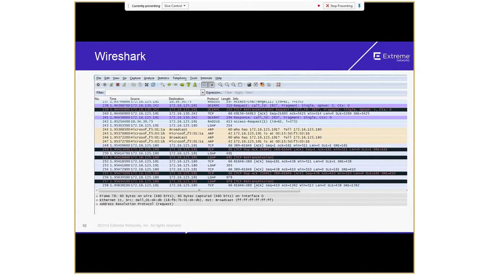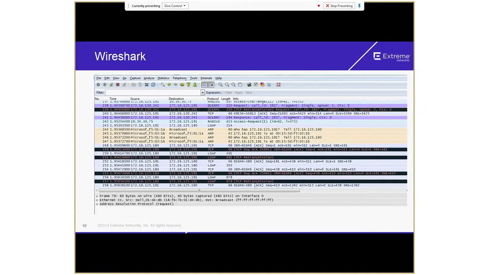The serial number you all know, and time is giving you the time between different packets from the time that you started the capture. Then you have source information, the source IP address, etc. It's listed, and then you have destination and the protocol, length and information about that particular packet. So that's the top part.